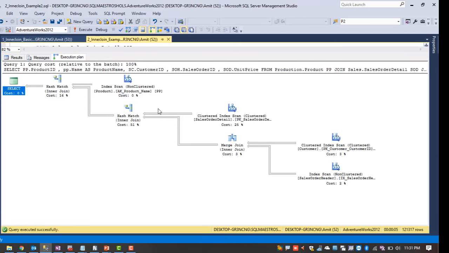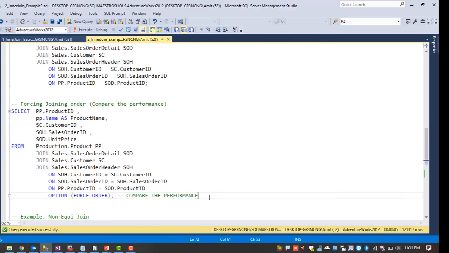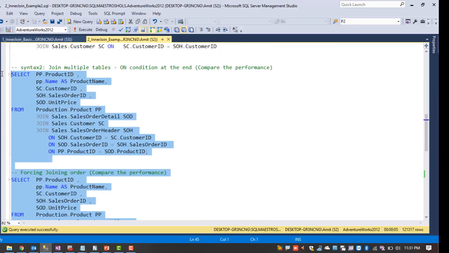If you observe the output, SQL Server is accessing all the tables in the order we mentioned in the select query. So let me compare the performance. Whenever we are forcing SQL Server using the force order hint, versus whenever SQL Server is deciding on its own how to access datasets, let me execute these two queries together.